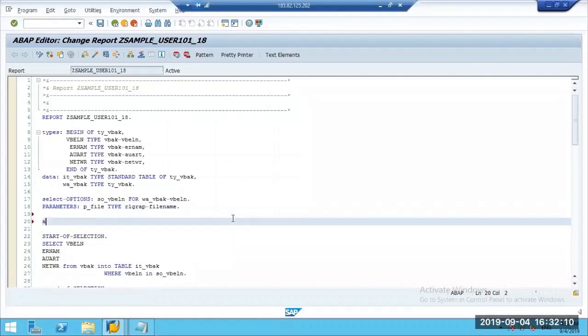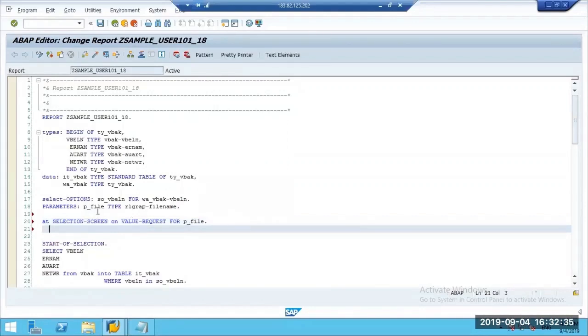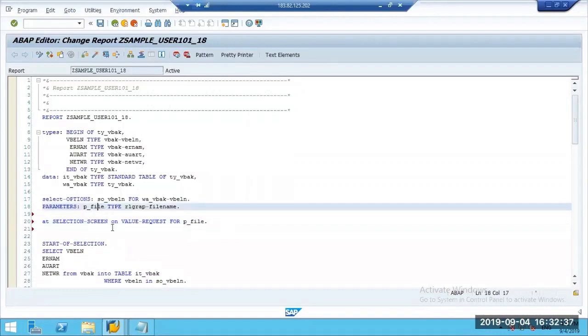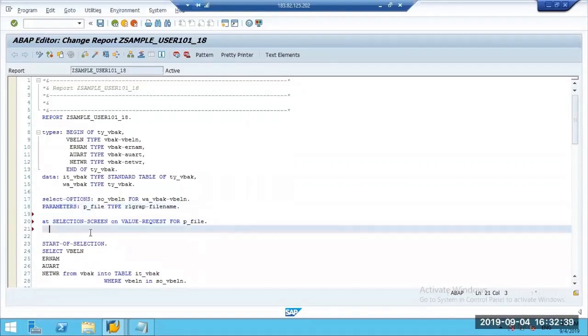Sorry, at selection screen. At selection screen on value request for which this certain select. When you press the F4 button in this particular input item, this event,